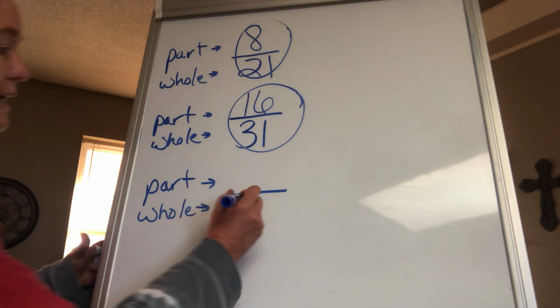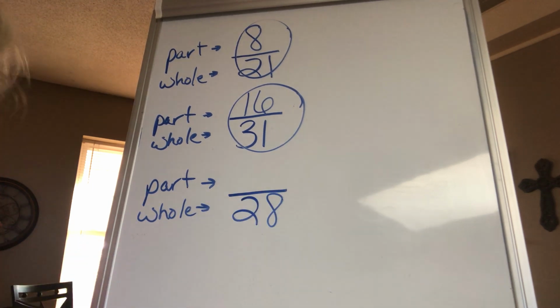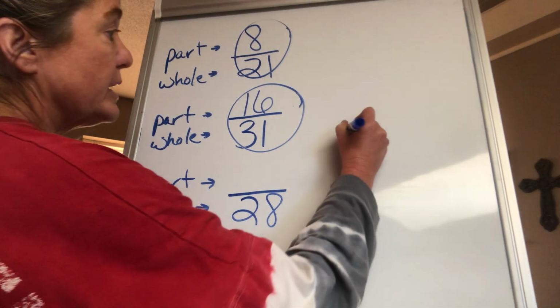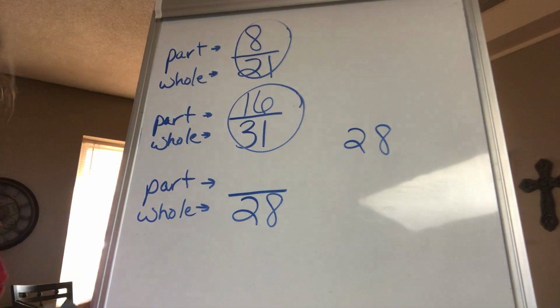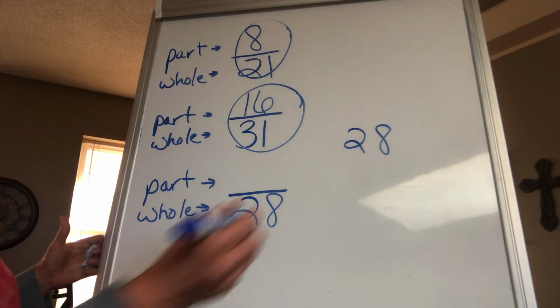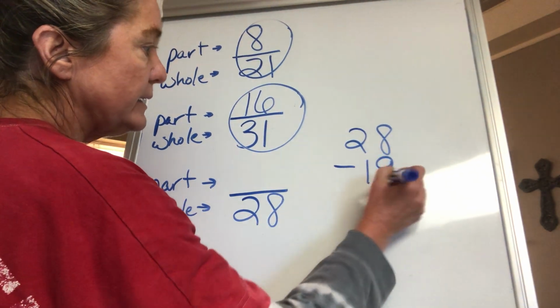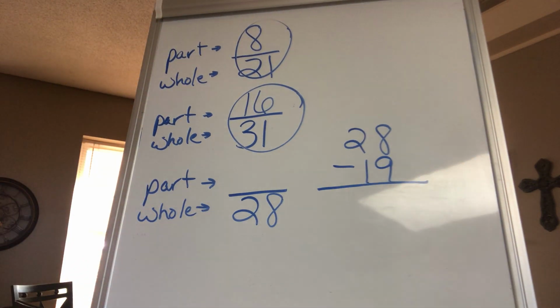Let's see, he had 28 pieces to his puzzle. And the question asked me, how many does he still need to fix? Well, it didn't give me that number in the problem, but it did tell me how many he already had fixed. So I know if he had 28 to start with, and if I take away the 19 that he's already fixed, then I'll know how many he still has to